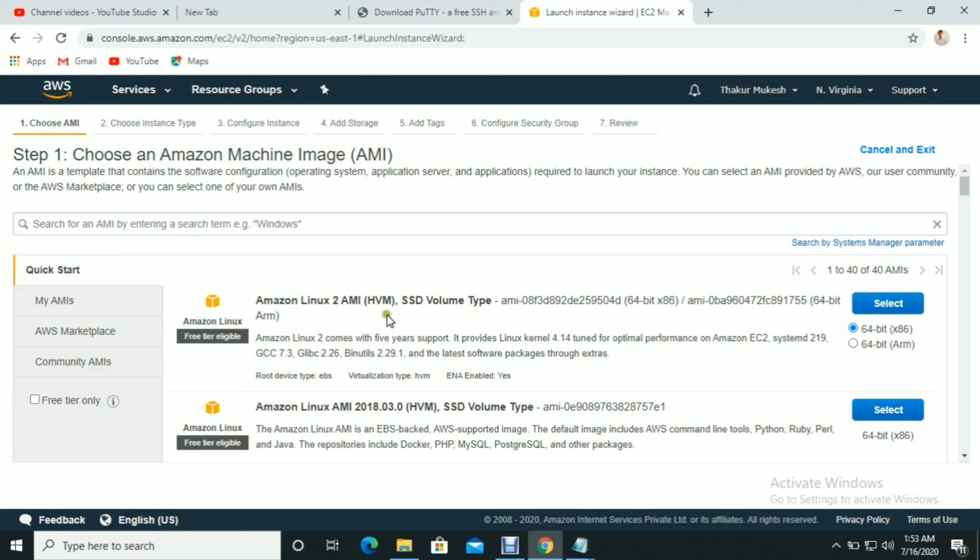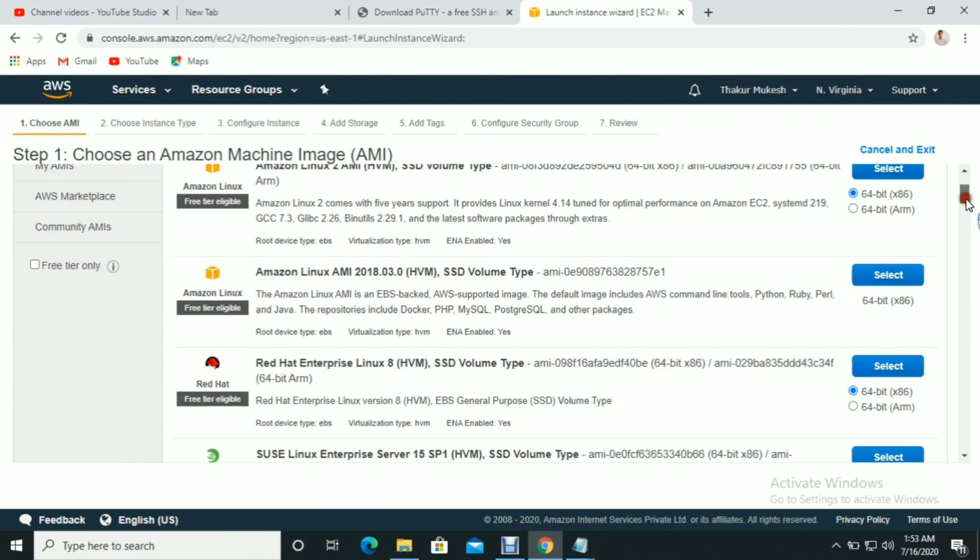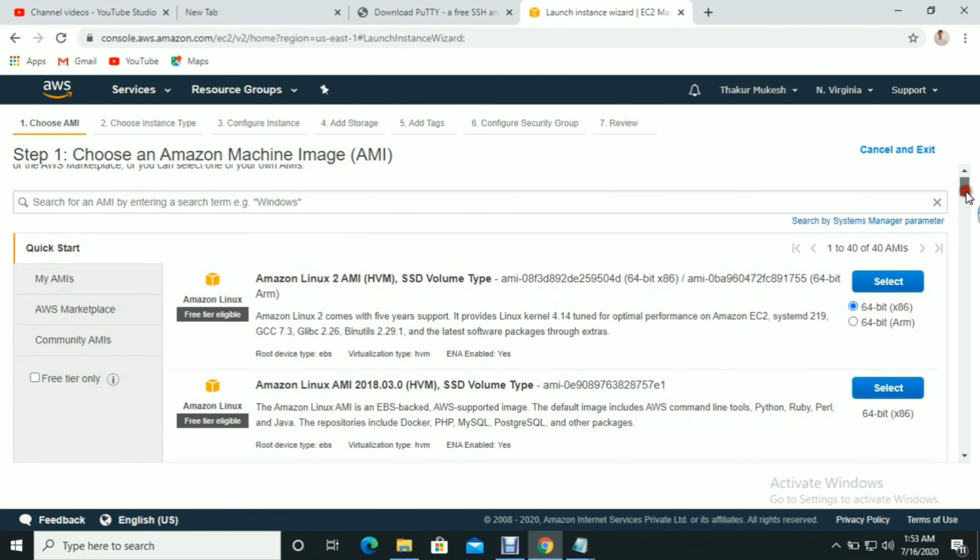Then you have to select a template here. Why am I calling it a template? This is the AMI, Amazon Machine Image. AWS has already created a few templates with a particular customization, like the CPU, memory, and hardware.